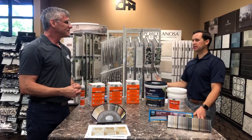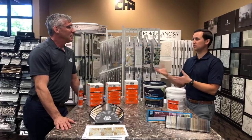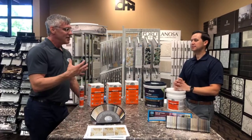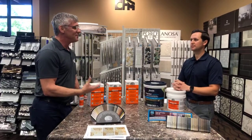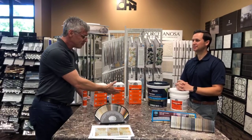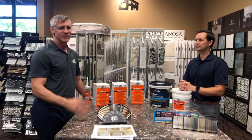And not just from the homeowner side, but from the installer side too, to put something in that they don't have to worry about as much. It's great insurance, really. It is. And like I was saying, when we have that educated consumer, if somebody has had tile before, they know that the grout is the maintenance piece. And so, for a nominal improvement in their grout, it makes their life easier just from a care and maintenance